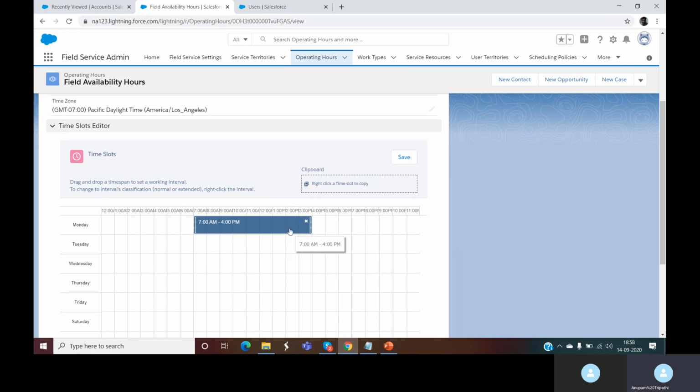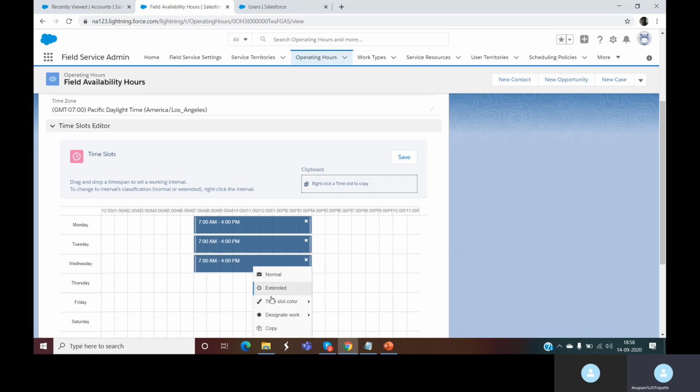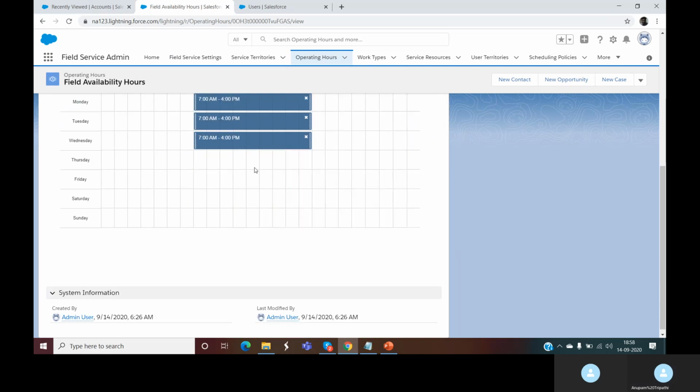I'll just drag it, and this is the time slot that I want to add. I will copy it to the next day. You can do it quickly like this. Copy to next day, and I have added my time slot.